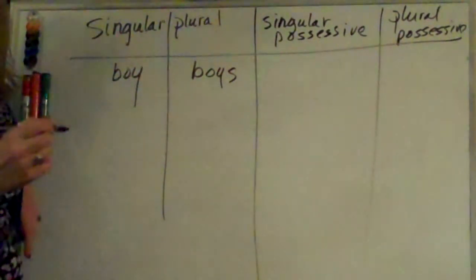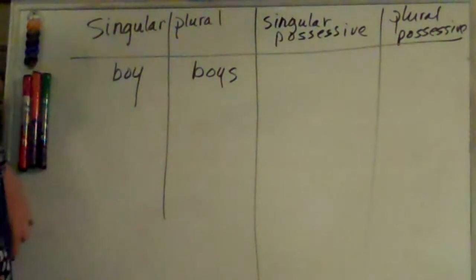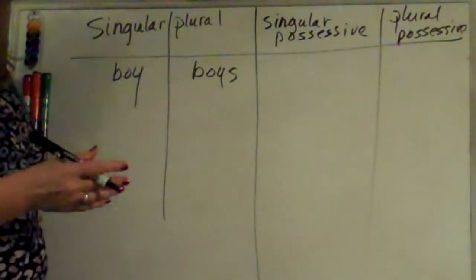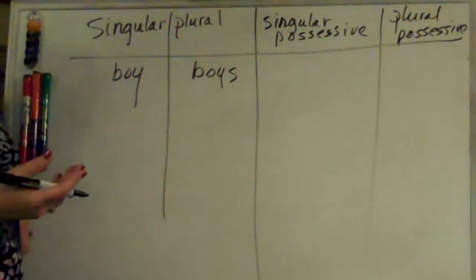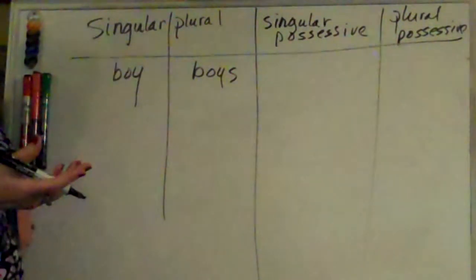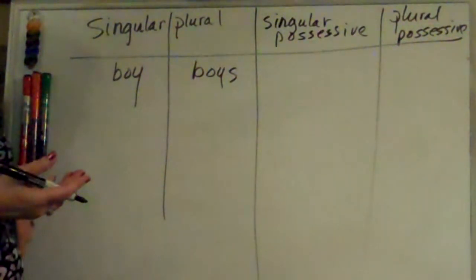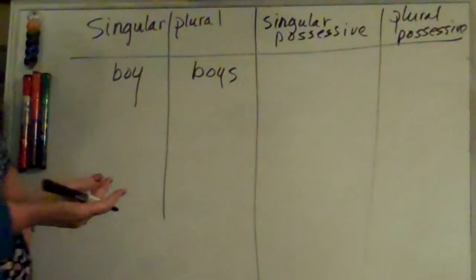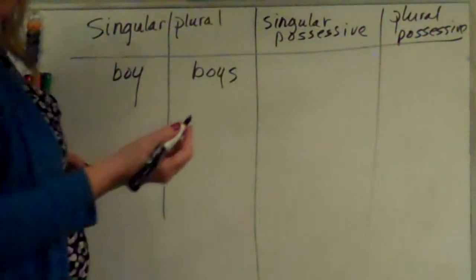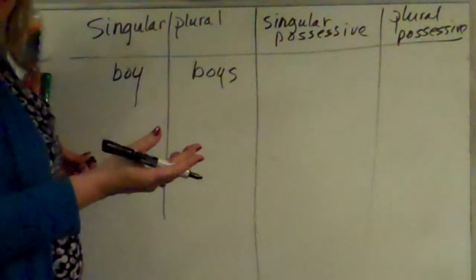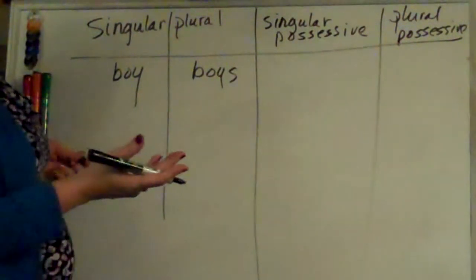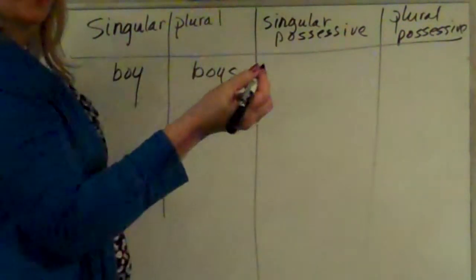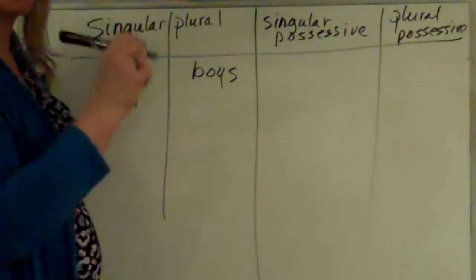Now, when I make something possessive, here's one way you can think about it. If any of you know Spanish, in Spanish, the possessive form is actually an of phrase. So you would say, for example, mother of the bride, as a phrase like that. Whereas in English, we'd shorten it and say bride's mother, and then we would put the apostrophe S on the noun. So it's different from other languages. Think of it as an of phrase. What if I said the toy of the boy? I know that sounds kind of weird, but if it's the toy of the boy, then it's the boy's toy,